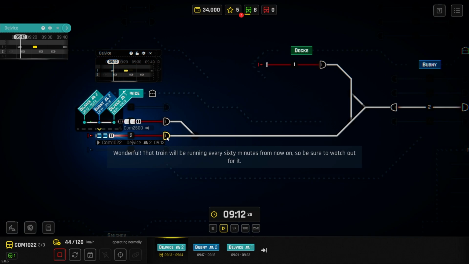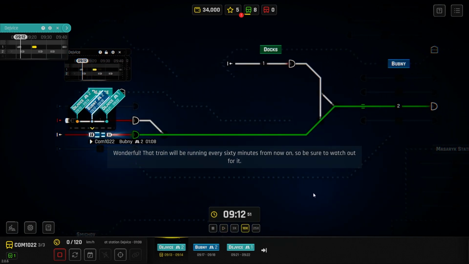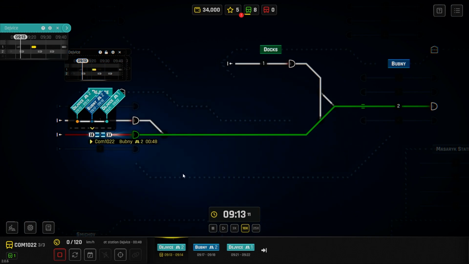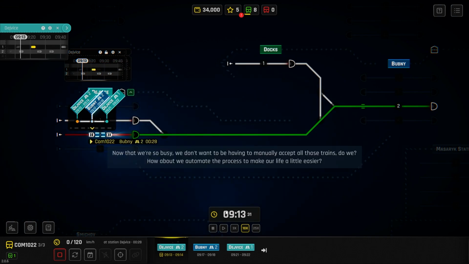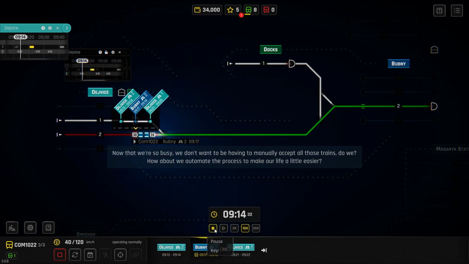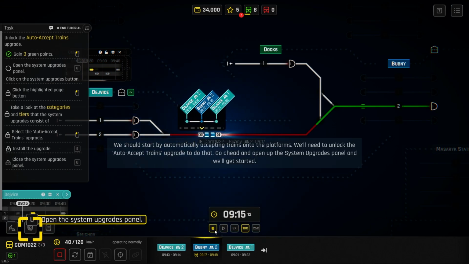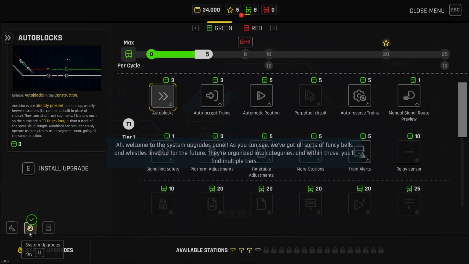Wonderful. Accept that contract. That train will be running every 60 minutes from now on. Now that we're so busy, we don't want to be having to manually accept all those trains, do we? How about we automate the process to make our life a little easier? We should start by automatically accepting trains on...